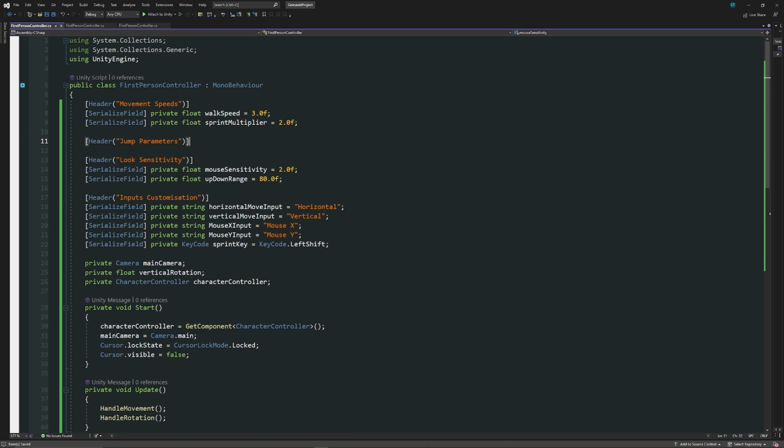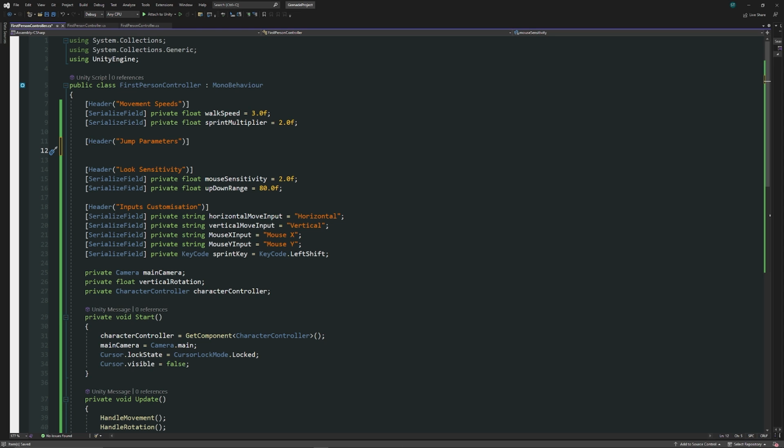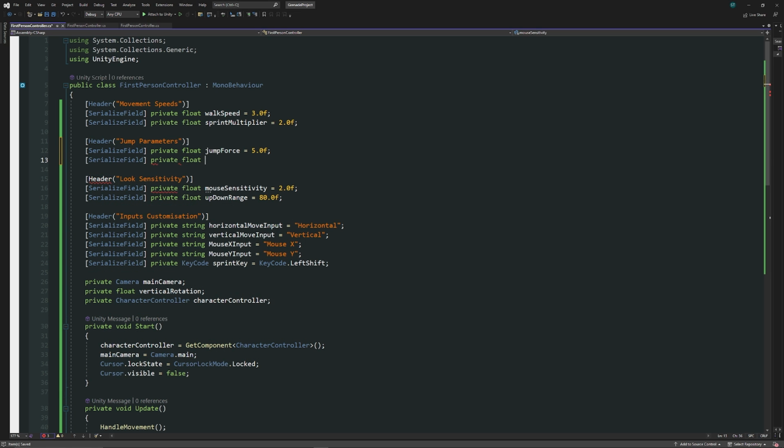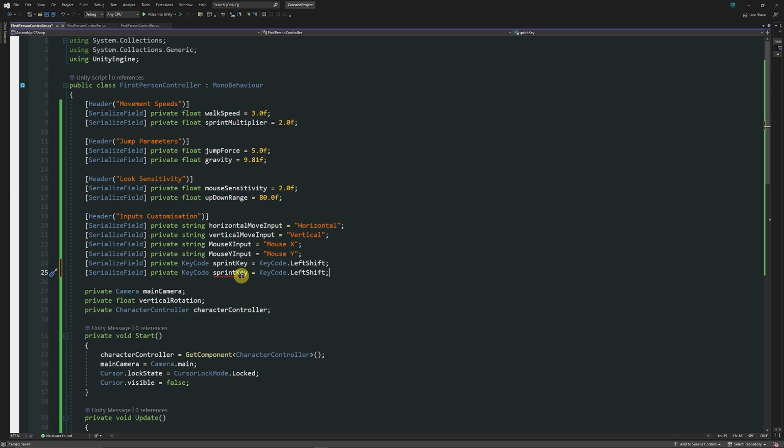So now you might want to add in the ability to jump. So what I'm going to do is create a new header, which is for literally jumping around. Just going to have another serialized field, have this a new float, and call this the jump force, and set that equal to 5. And then we're going to have another float and call this gravity, and set that to 9.81f, because that is actually a realistic value to what the gravity is like on Earth itself. I'm just going to copy this line for the input for the sprinting, paste that in again, and just call this the jump key,